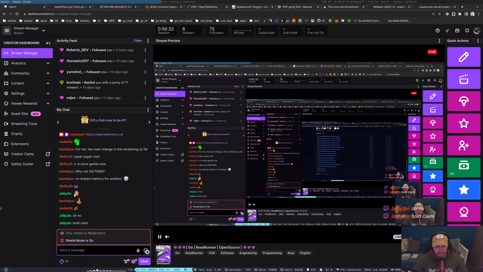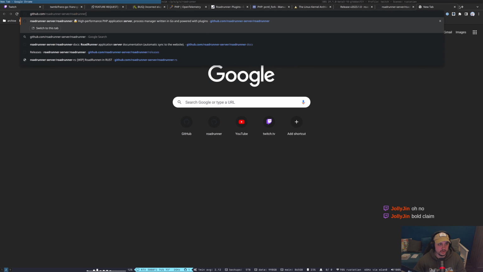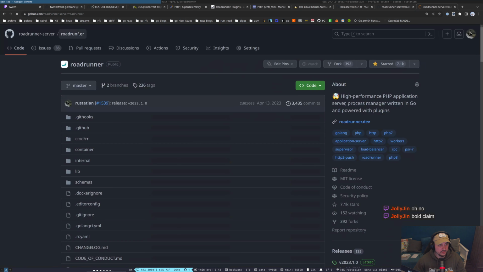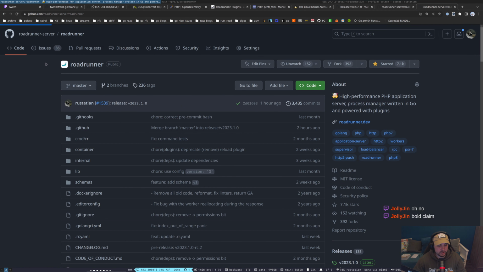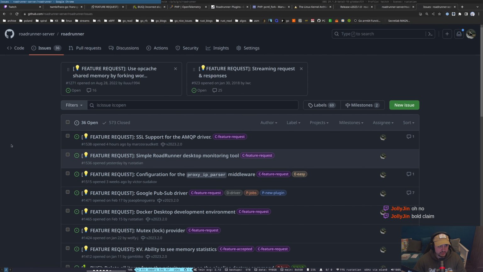Okay, so I guess this is it for the new features. We also start development of a super cool monitoring tool for RoadRunner, which will be written as a super modern WASM RoadRunner desktop monitoring tool, as well as we continue next week